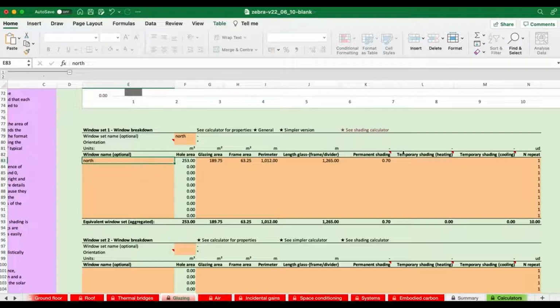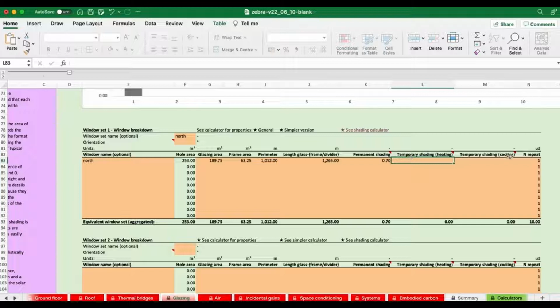Now, if we go further right, we've got to specify a few other things. The first thing is the temporary shading for heating and temporary shading for cooling. We're just going to leave those blank, but we could put values of 0 in. These represent the use of external blinds and shutters and things like that. So during the heating season or the cooling season, how do the occupants respond? You know, for half the day, are they likely to have these blinds drawn or not? We don't think people use that technology in this location, so we're just going to leave those blank.